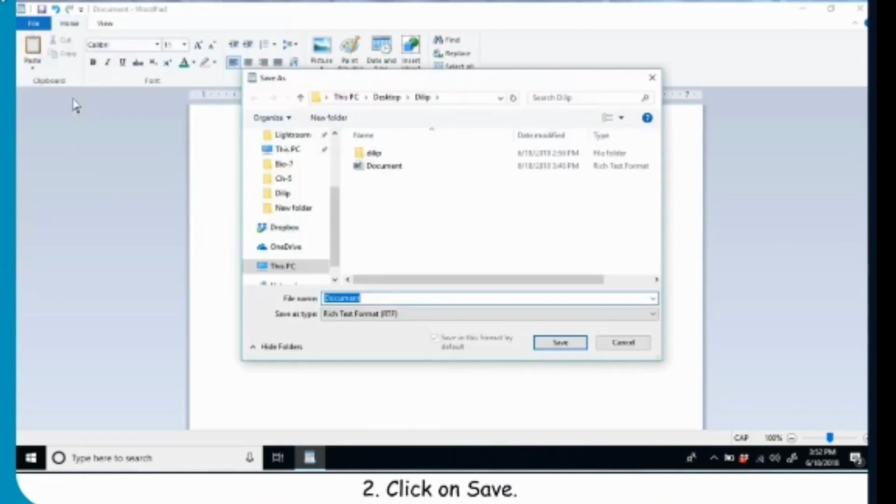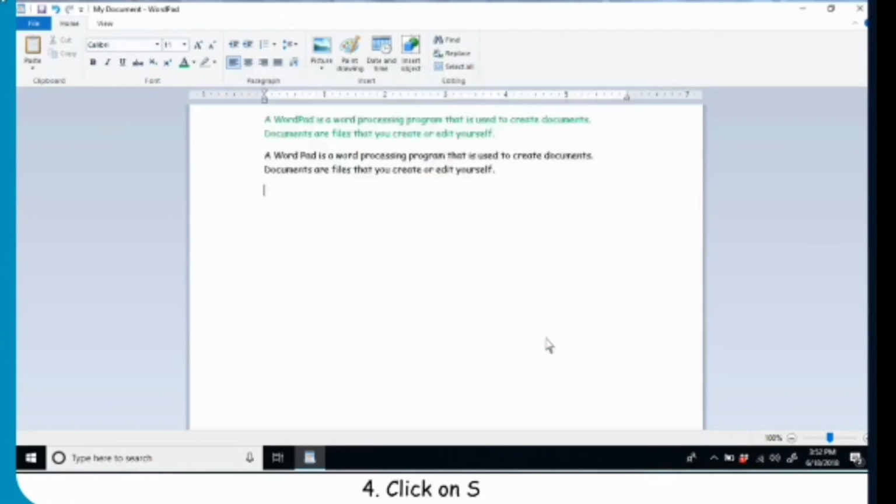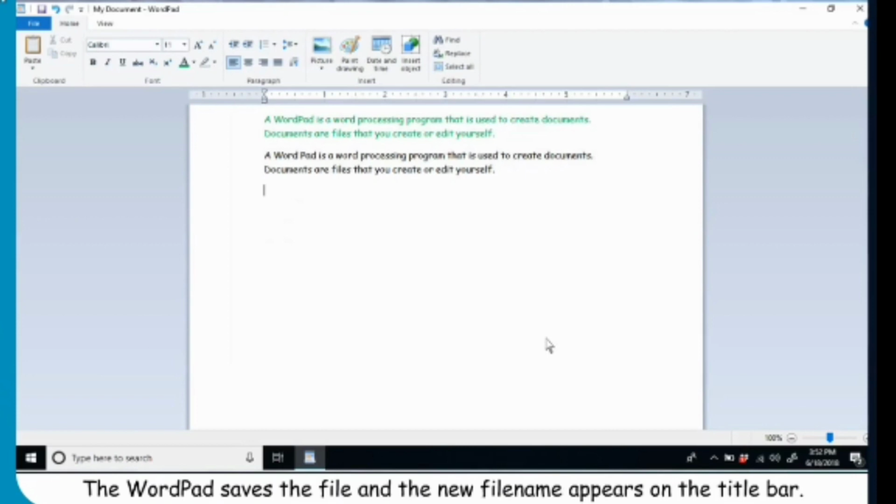Click on Save. The Save As dialog box will appear. In the file name text box, type a name for the file. Click on Save. The WordPad saves the file and the new file name appears on the title bar.